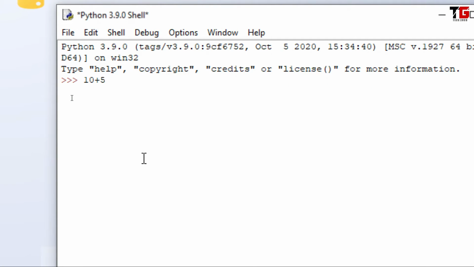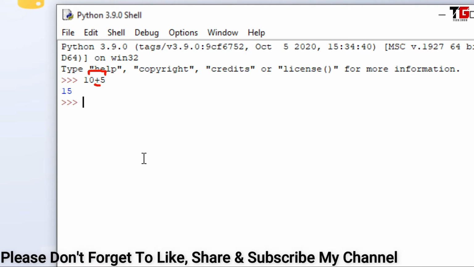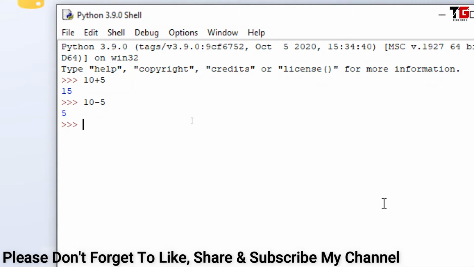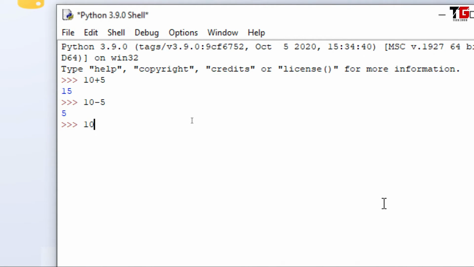I write 10 plus 5. So friends, here plus sign is my arithmetic operator. It means adding the values of 10 and 5. Simple. Then I say 10 minus 5, minus operator. 10 multiply by 5. Simple. Multiply operator. Then I say 10 divide by 5.